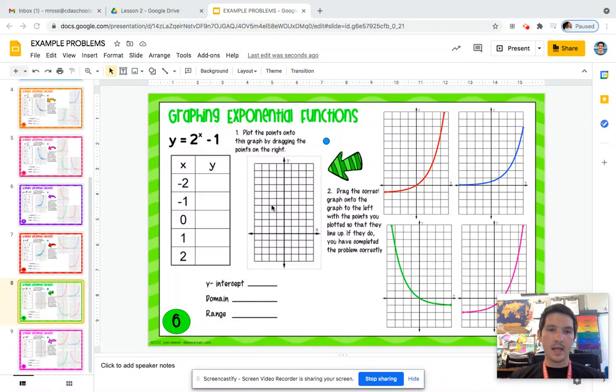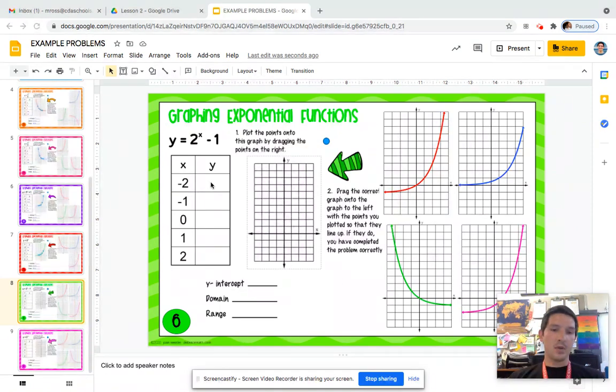Problem 6. All right, now we're looking at y equals 2 to the power of x minus 1, which means we are going to shift and translate our graph down 1. And so I know that green's not going to be it, and blue is not going to be it. And so now we're left with two options here. I mean, pink is also translated to the right, so in reality it's going to be red, but let's double